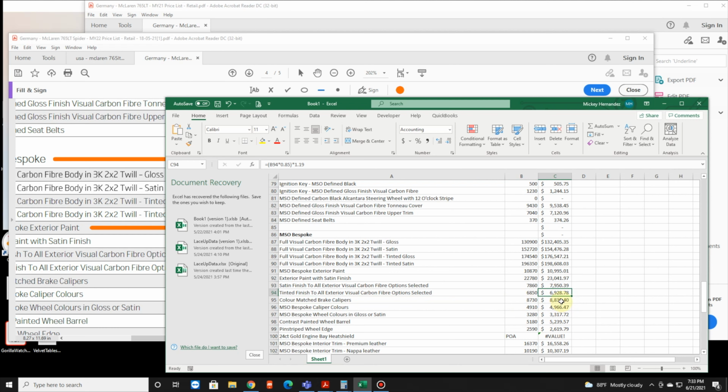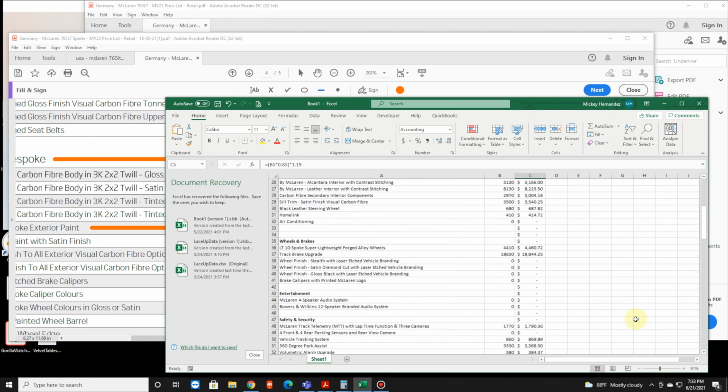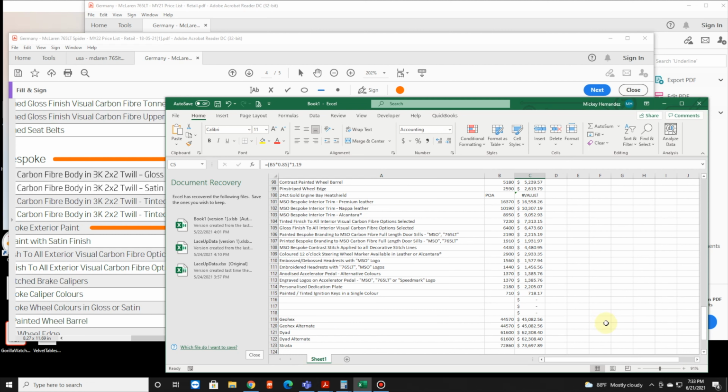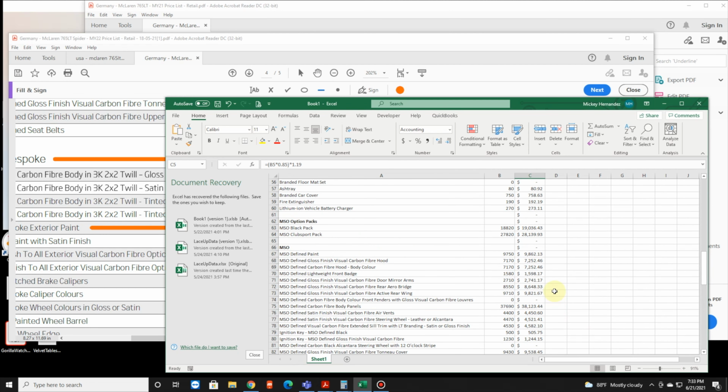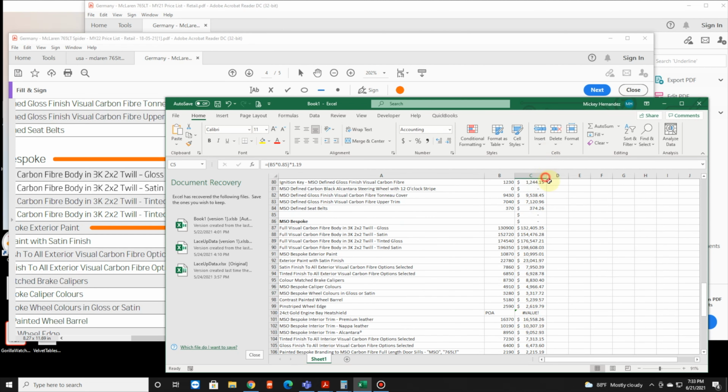green is $69,280, not including carbon fiber pack 2 and 3, which are up here. $23,000, $5,000, it's $28,000 plus $6,000 to do the tint. So, you know, we're at a hefty dollar amount already. And then we have the brake calipers, which the color matching is $8,800. So we're sitting at about $40,000 in options, and I haven't even touched the stitching, which is another, especially if